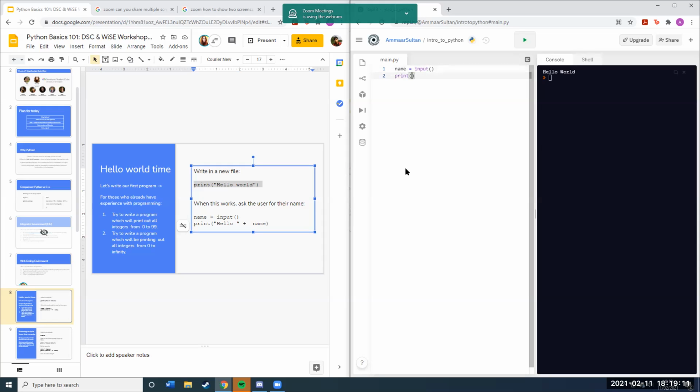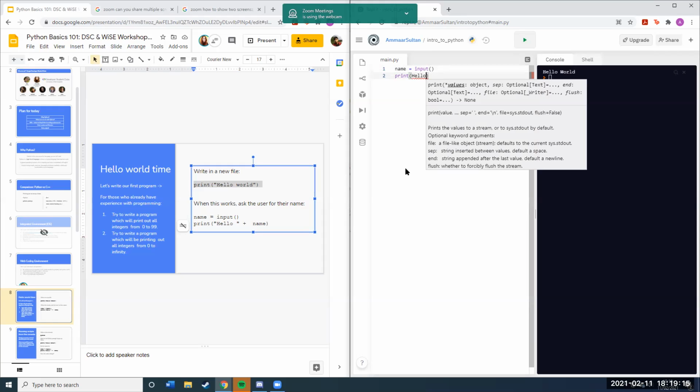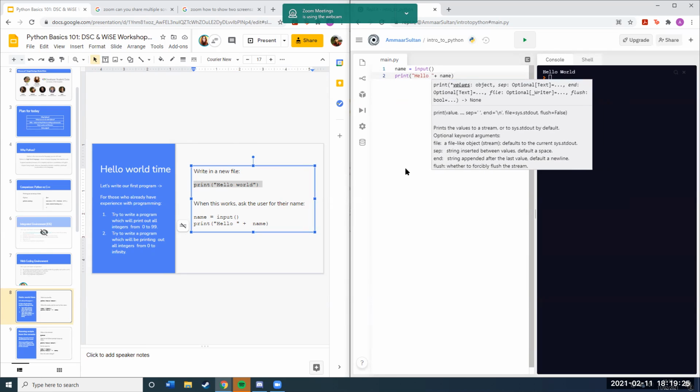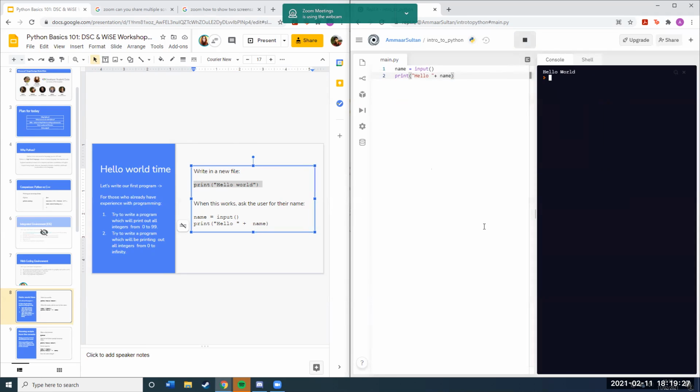And then print hello, oh, speech marks, plus name. So first thing I've done, you see how it has no output right away this time? That's because of the input thing.